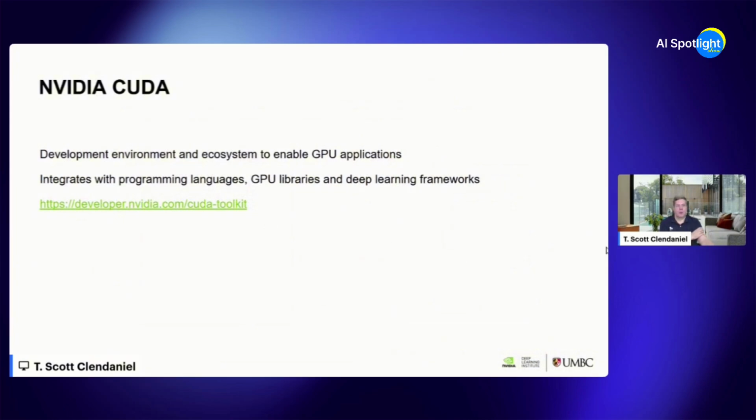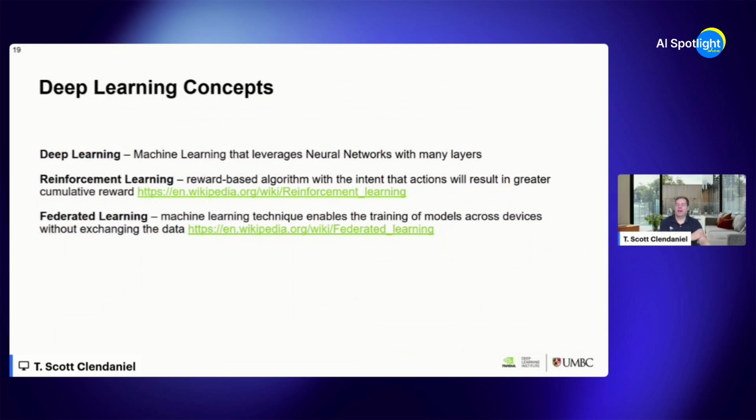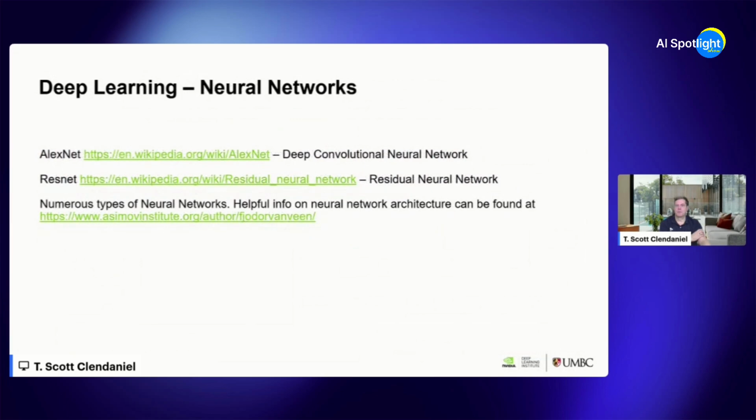For NVIDIA, there's a whole developer toolkit, which is the CUDA toolkit, which we'll be talking about as we go further through the class. And then we've got a bunch of resources here for getting more on deep learning. I wouldn't worry about memorizing all this today or by next week. We're going to take it nice and slow and make sure everybody's up to speed with this. It's going to be good. But if you want additional resources on how deep learning works with neural networks, we've got resources for you there as well.